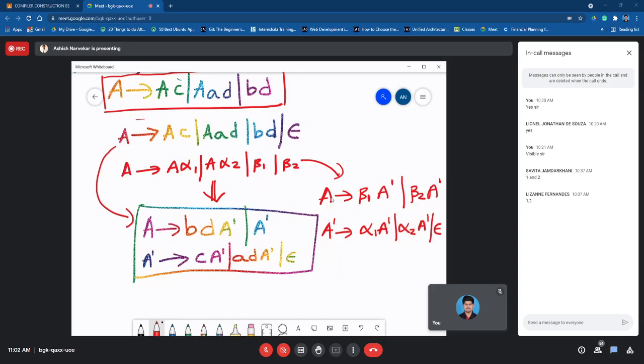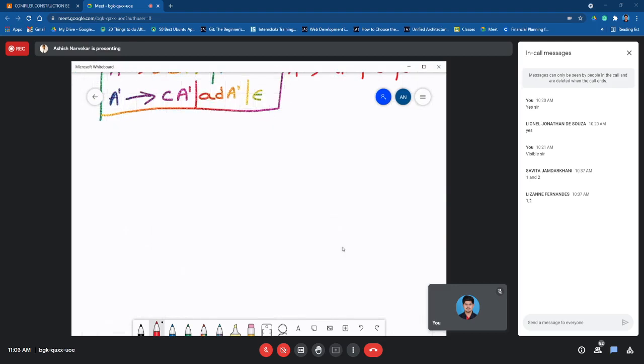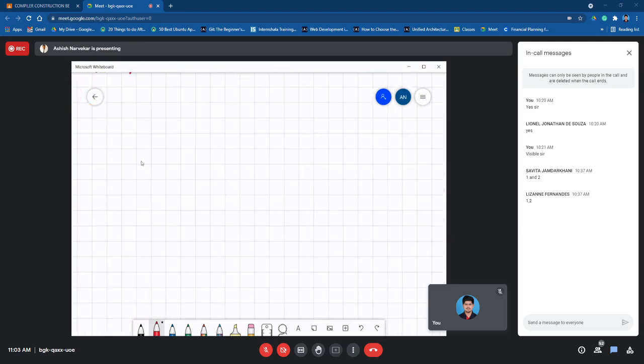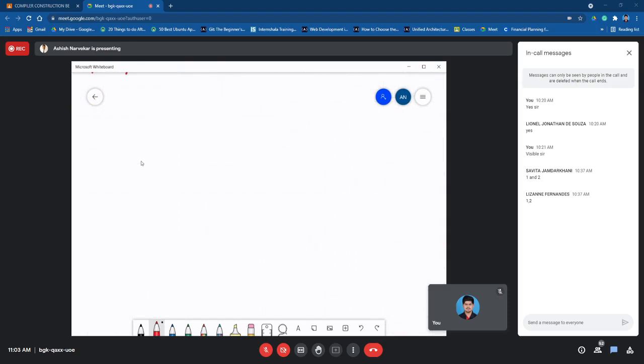So just remember that left recursion could be immediate, alternatively also called direct left recursion, or it could be indirect left recursion. In case it is immediate, it is straightforward. In case it is indirect, you need to carefully observe the given productions, check if it is direct or indirect left recursion, and accordingly solve it as per the method shown. So if it is direct, then it will be directly solved. If it is indirect, then you will have to use the substitution method.